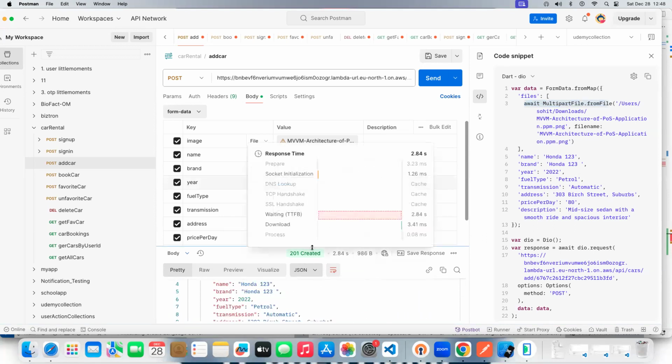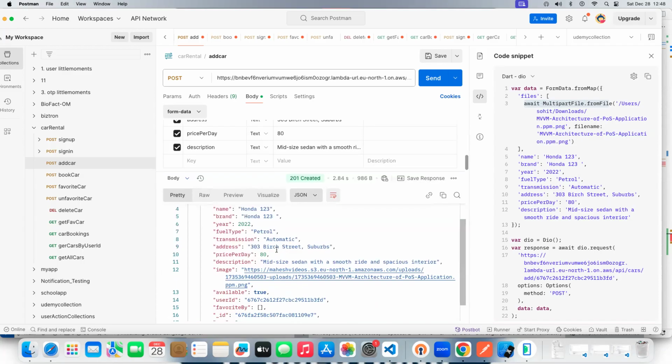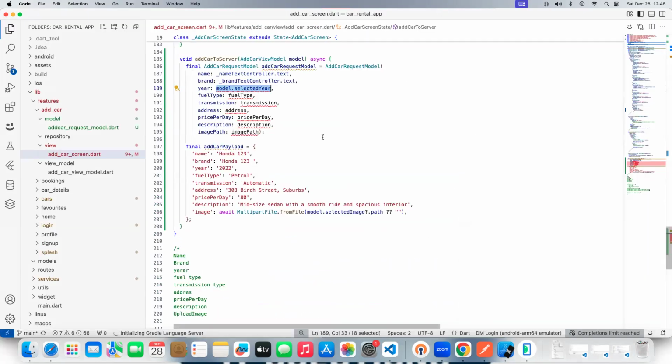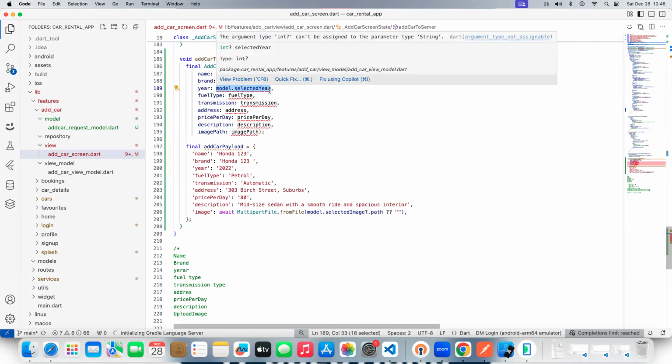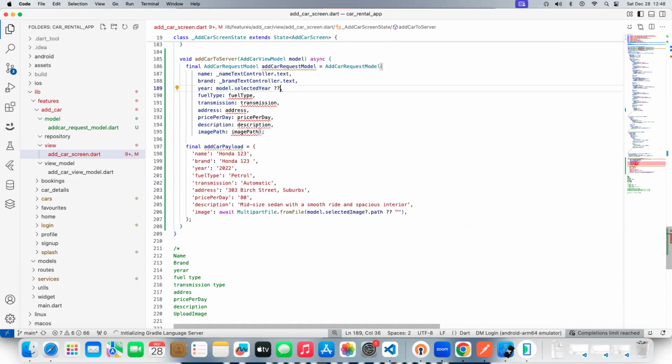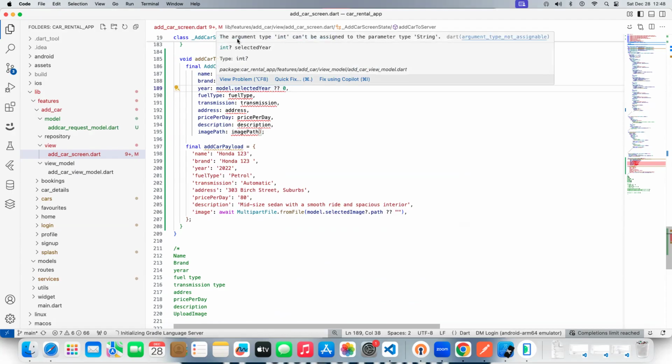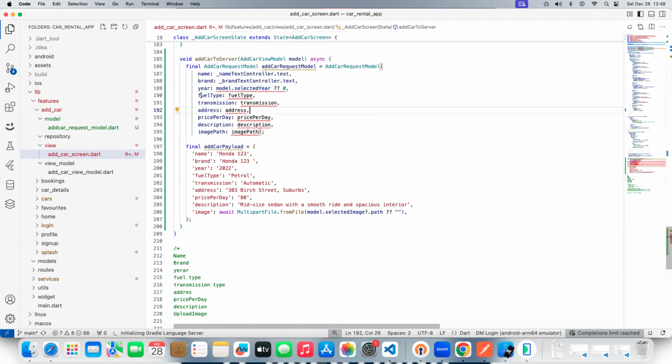Here let's see what type of information I'm going to pass, I'm checking that. Okay, why is it getting an error? Okay, so let's say 0, but it does not accept the year here because of the type, it is a string. Okay, so I will write this inside the dollar symbol here. Okay, hope it's clear. Okay, next model dot fuel type, selected fuel type,